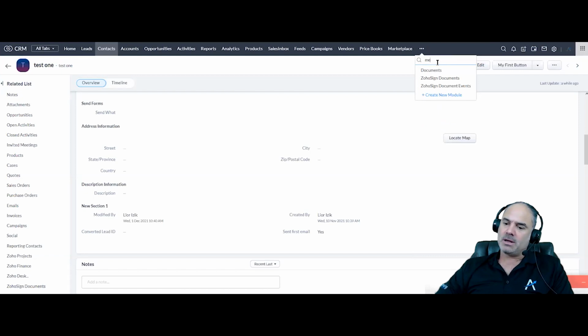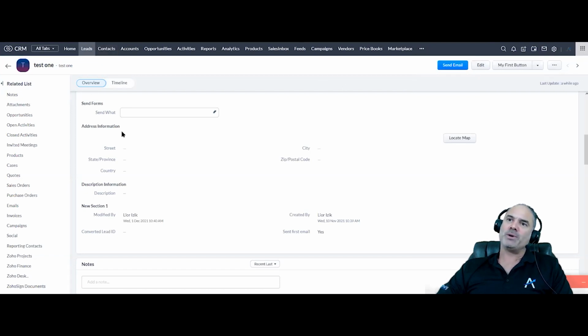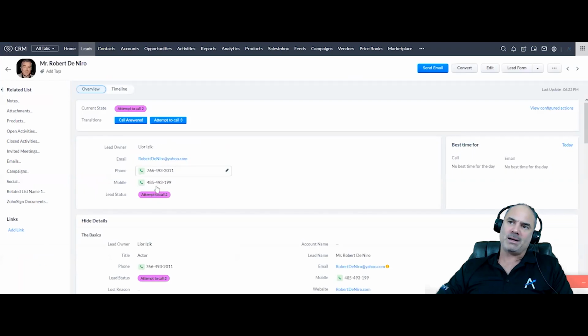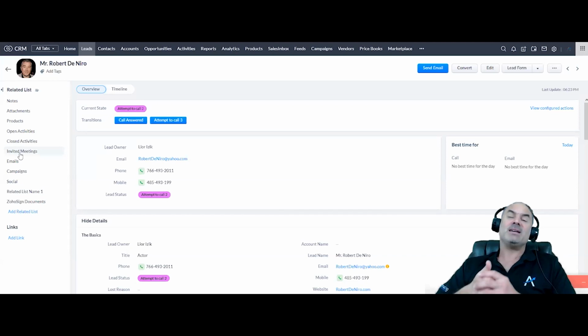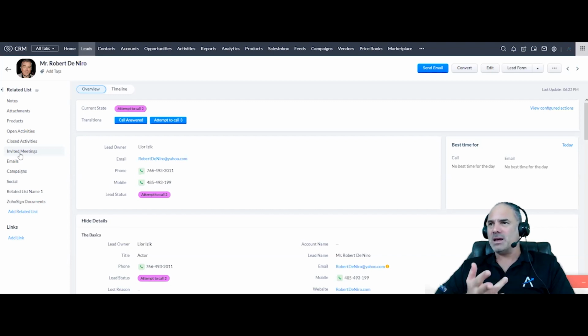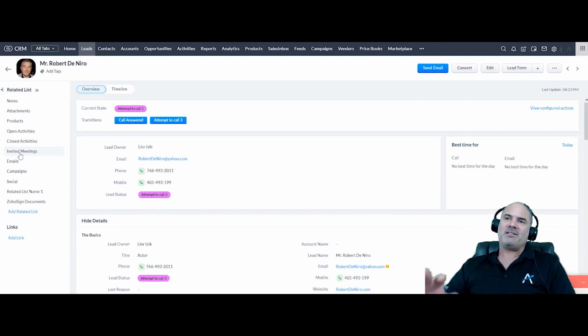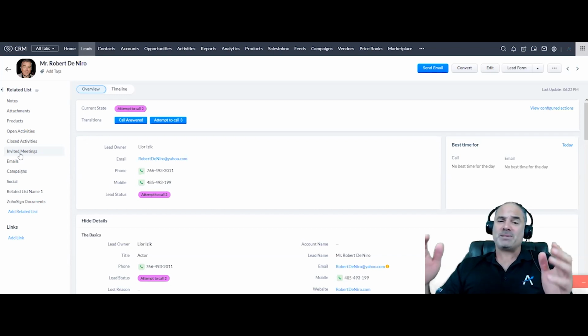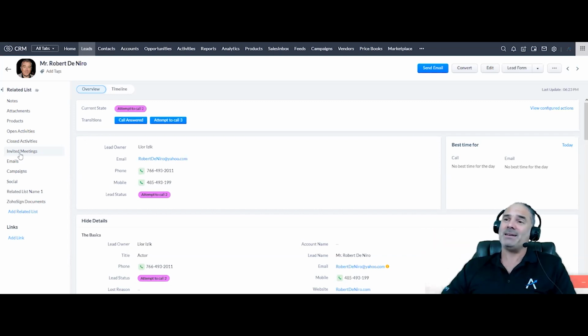None of my systems has it, but you will be able to go to the messages, and it's also, of course, going to be related to contacts and leads. You will have your messages, and if you click on it, you can see SMS, WhatsApp, emails, cases, and there is one more that I keep forgetting, but there are 5 different communication types that you will have as part of the messages plugin.